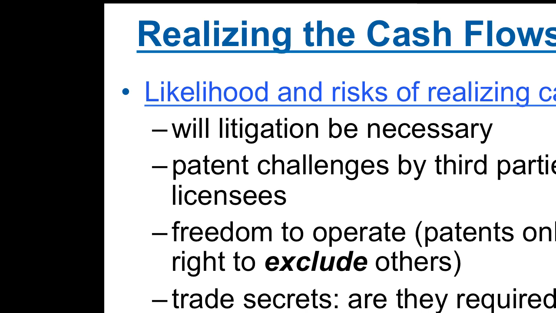If you are in litigation, if you're going to assert your patent against a third party for infringing, that patent will be met with a challenge, guaranteed 100%. So you put the validity of your patent at risk every time you litigate and enforce it. You're up against patent challenges by third parties. Now at the patent office, there are a number of different ways to challenge the validity of the patent.